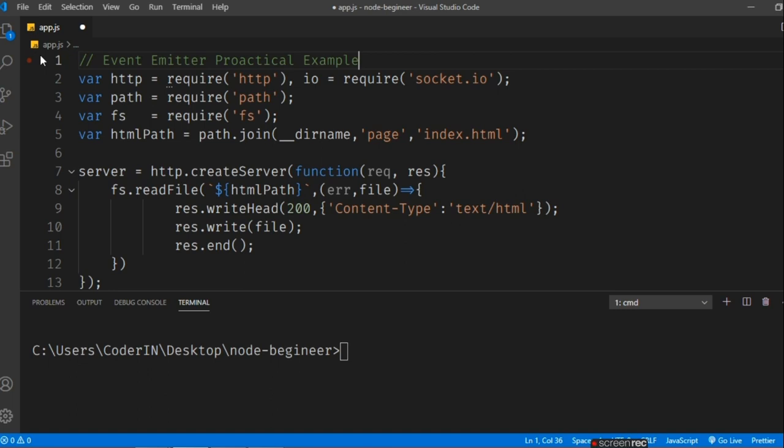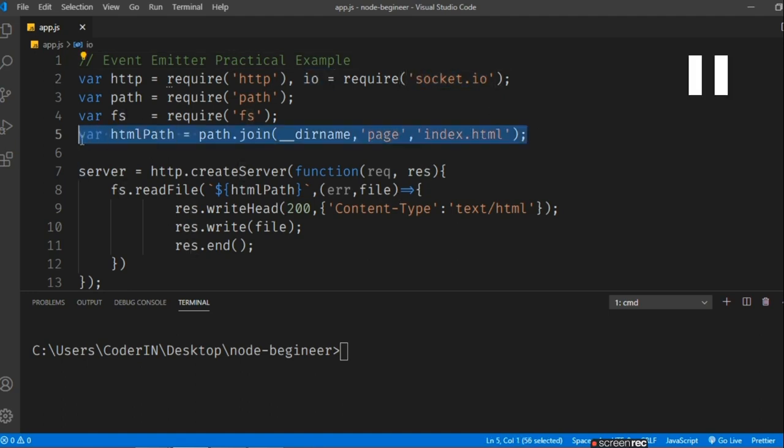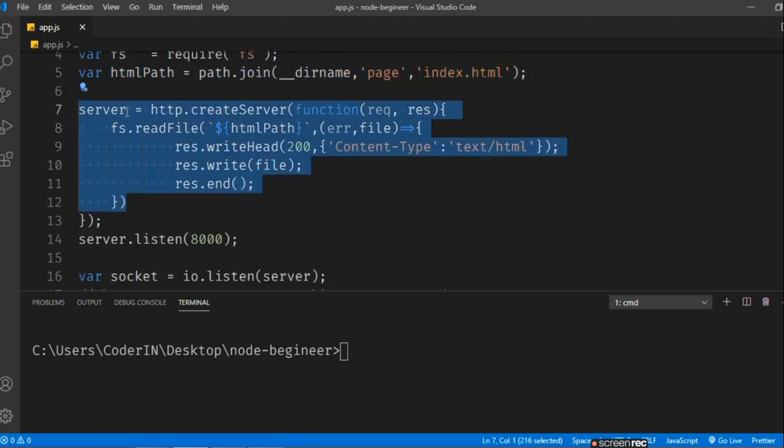Now I've already used the fs readFile function and the content type text/html, and we are writing that HTML page on the server side.